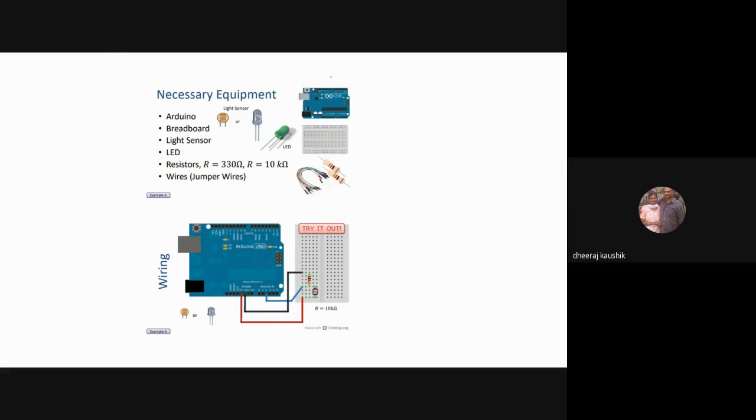So this is the experiment which you'll be doing on Tinkercad today using a light sensor. You'll not be doing direct experiments. You'll be using a switch case too, because everything has to be covered, right? And we have limited time. So we'll be connecting an Arduino, a light sensor, an LED, a resistor, and jumper wires, all to a breadboard. And the connection would look somewhat like this. I'll share the PPT with you, don't worry. And also practical assistance will be provided by Rohit.